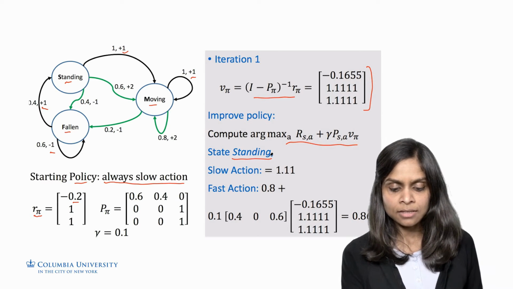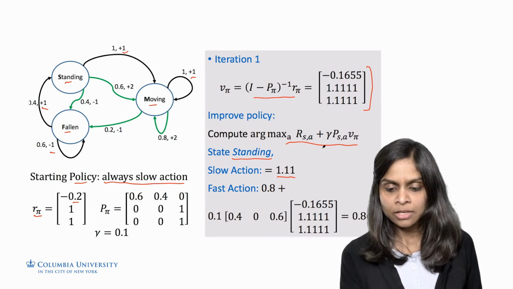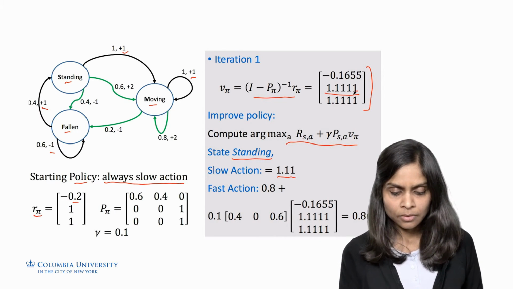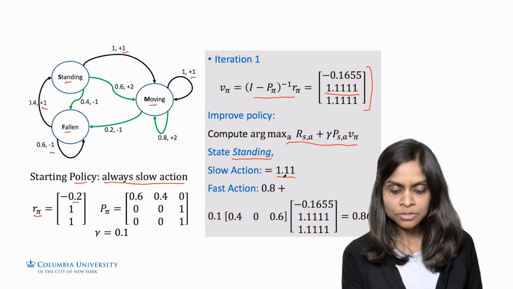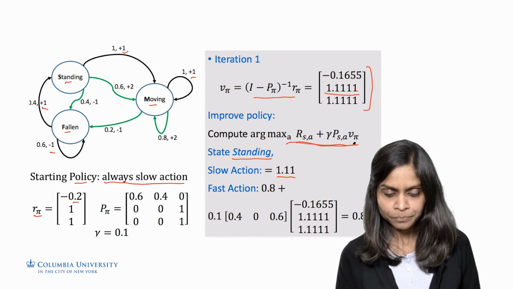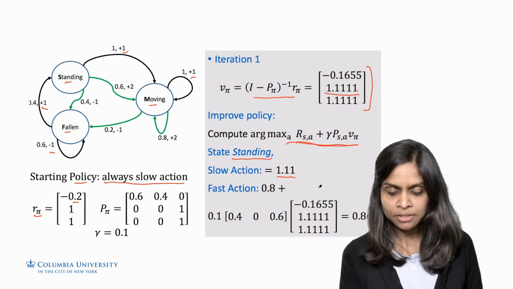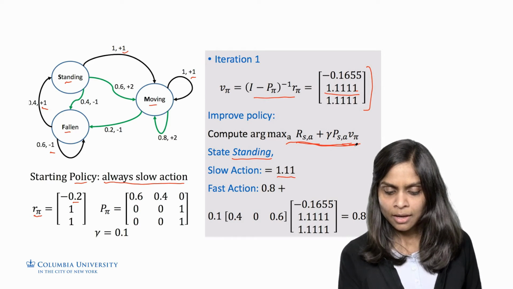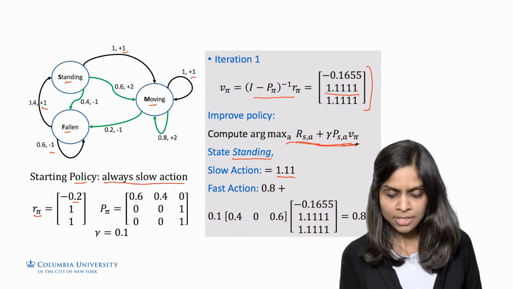For standing state, the slow action value is 1.11 as given here for the current policy. And that is going to be the same if we try to evaluate this expression again by the Bellman equations. For the fast action, if we use this formula and compute what happens for the fast action,